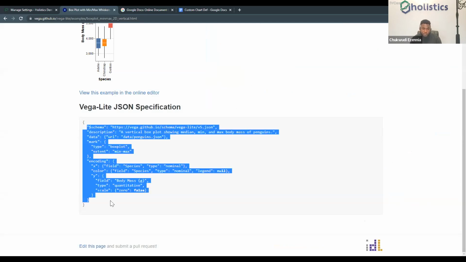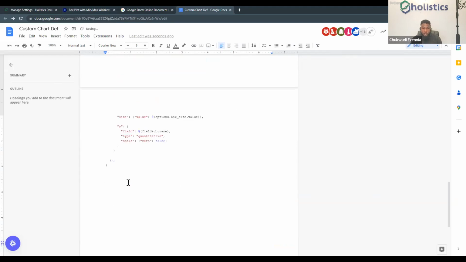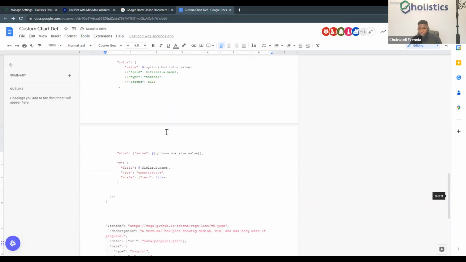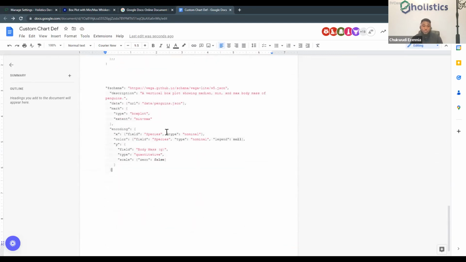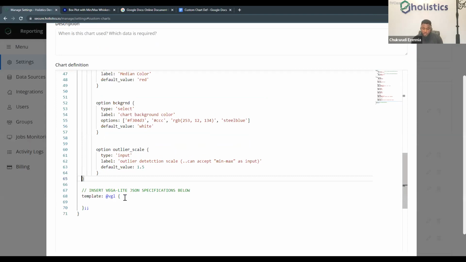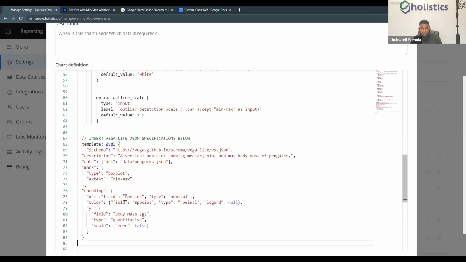I'm going to paste this on that particular Google Doc we have. After this page, because this is not part of the code, I'm just going to paste it somewhere down here. Mind you, the template definition we have here is already a finished product, but I want us to build this together so we see how this works directly in Holistics. So I'm going to copy this schema from here, do Control-C, and I go over to my box plot settings. And right here, if I enter, I move to the next indentation line, and I'm able to paste this.